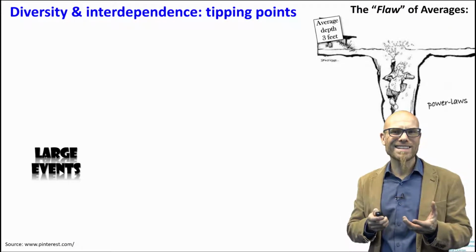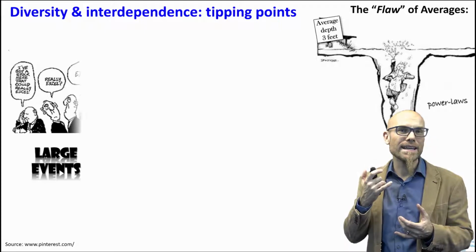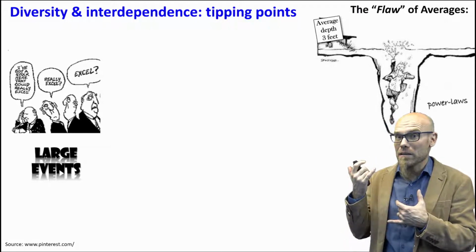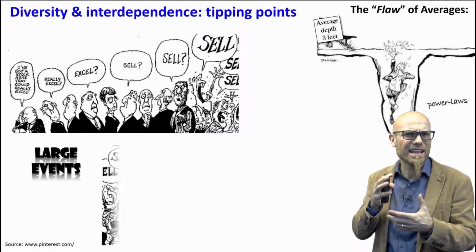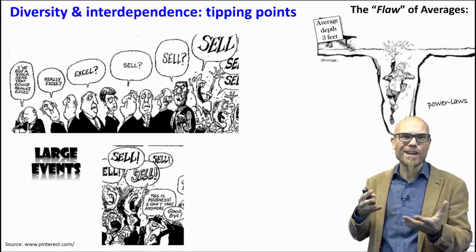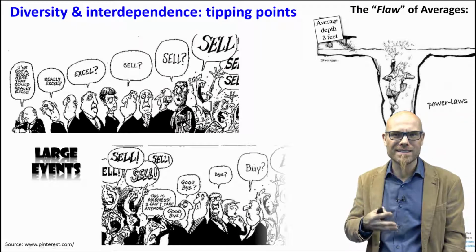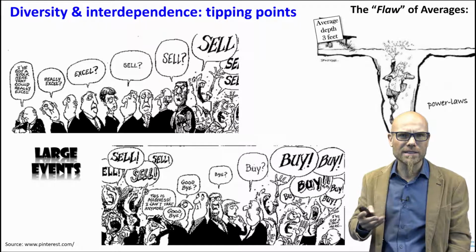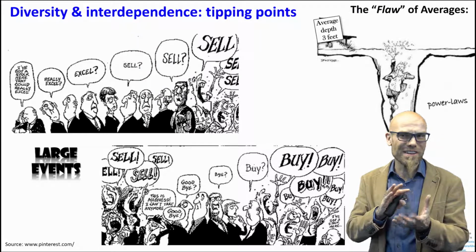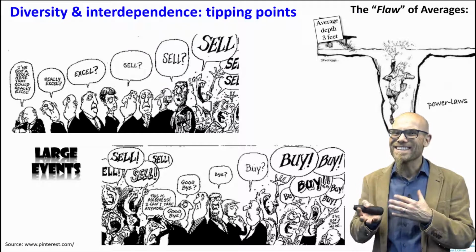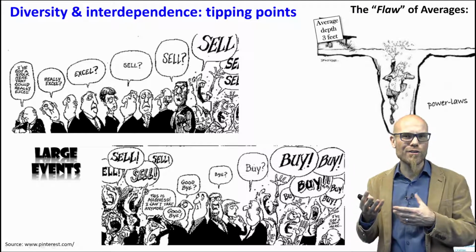For example, in this cartoon, somebody goes on the phone and says, I have a stock that could really excel. Somebody else, a little bit different, says, really, excel? And then somebody a little bit different changes it to sell, everybody sell. Everybody sells. And somebody says, well, this is madness, I cannot take it anymore. Goodbye. Say goodbye? Did he say bye? And it changes a little bit. It's not completely different, not completely the same. It's like the telephone game in this case, but it's a metaphor for the diversity of it.